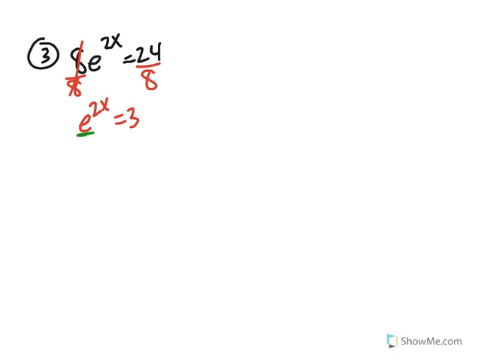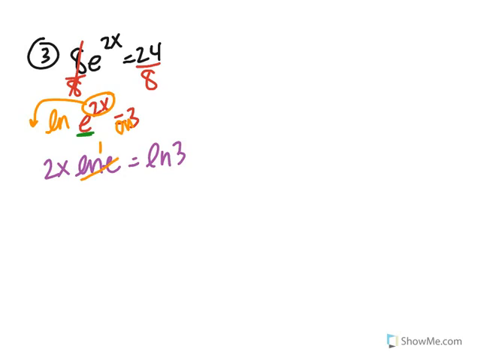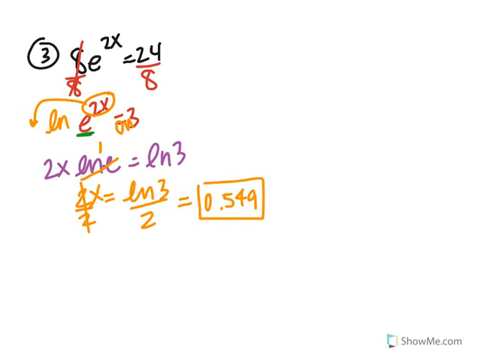So notice what the base is. It's e, so you're going to be using its inverse, the natural log. Instead of logging both sides, you're going to natural log both sides. So this comes out in front, and you end up getting 2x times the natural log of e is equal to the natural log of 3. If you remember what I said earlier, the natural log and e are inverses. That cancels to a 1. So basically you get 2x is equal to the natural log of 3, and to solve for x you would divide by 2. So this is what you're going to type into your calculator. And when you do that, you get 0.549.